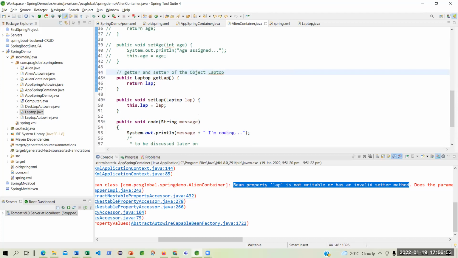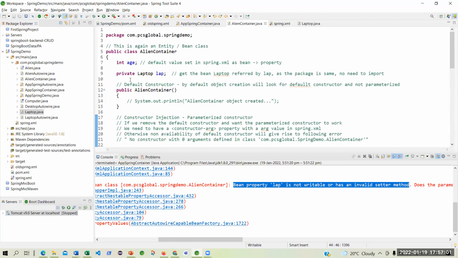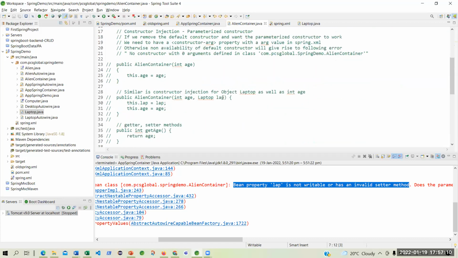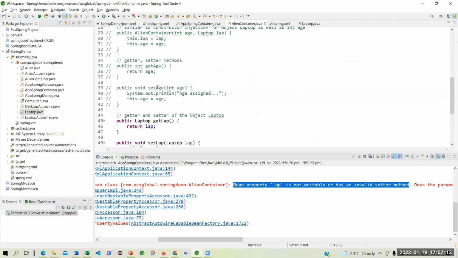And you will say, why lap? Why not laptop? Because laptop is not the property. You see, aligned container, what is this? This is small lap. So whenever, like this is age, small age, whenever you are setting the age, you set capital AGE.